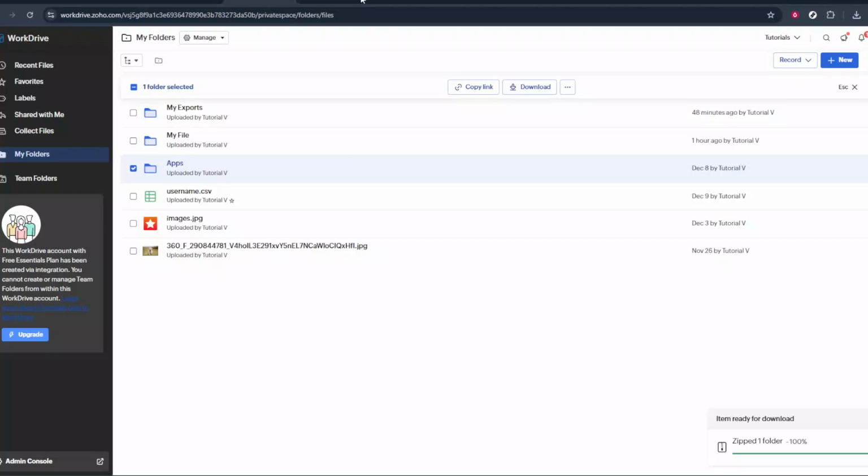In today's video, I'm going to teach you how to download a file in Zoho WordDrive. Downloading a file from Zoho WordDrive is a simple process, but it helps to see each step clearly so you know exactly what to expect. In this walkthrough, I'll guide you through opening your WordDrive, finding the right section, selecting your file, and finally downloading